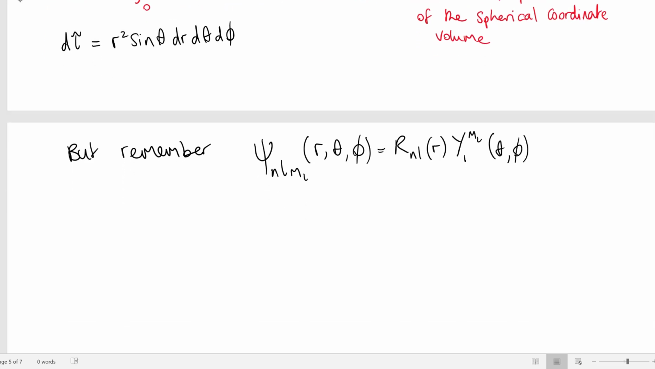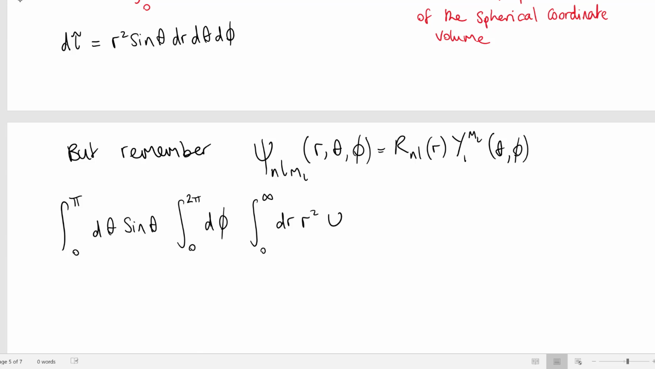And of course, the normalization condition for the hydrogen atomic wave functions is going to be given as follows. So that's our normalization condition for the entire wave function psi,